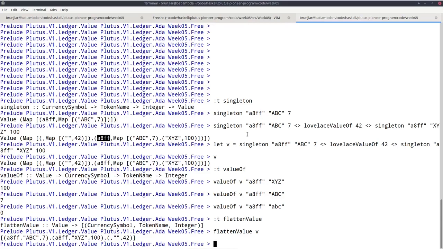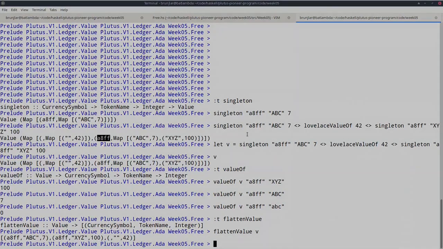So there is no script that would allow the minting or burning of ADA, which means that ADA can never be minted or burned. All the ADA that exists comes from the Genesis block, the Genesis transaction, the very first transaction, and the total amount of ADA in the system is fixed. It can never change. So only these custom native tokens can have custom minting policies and can be created and burned under certain conditions. So we'll look at an example of a minting policy next and see how it works and see that it's very similar to validation scripts but not identical.